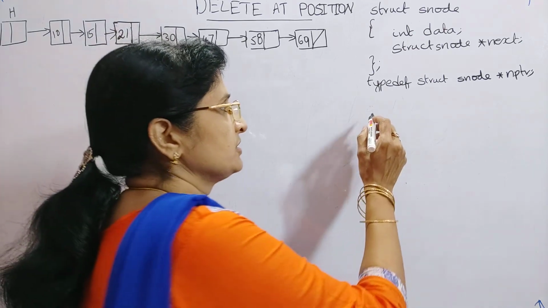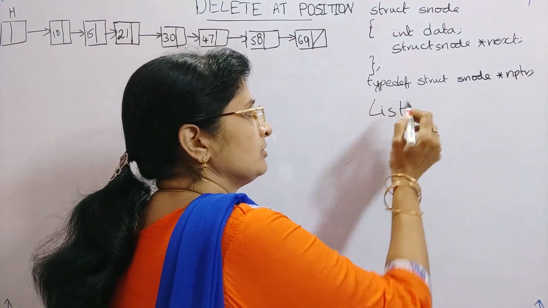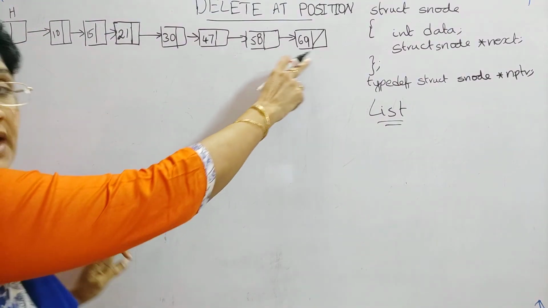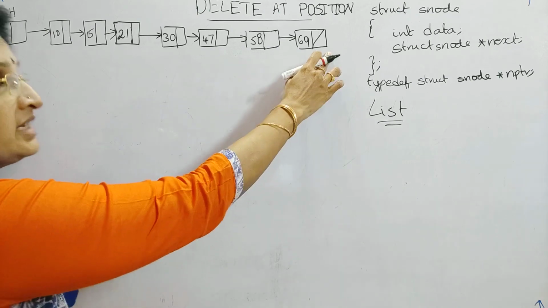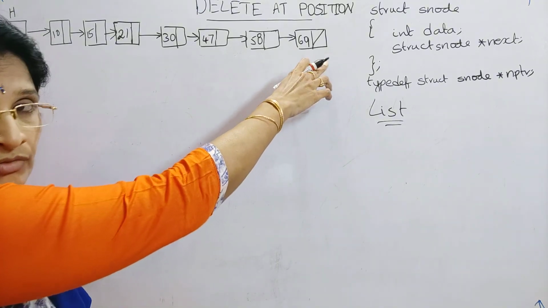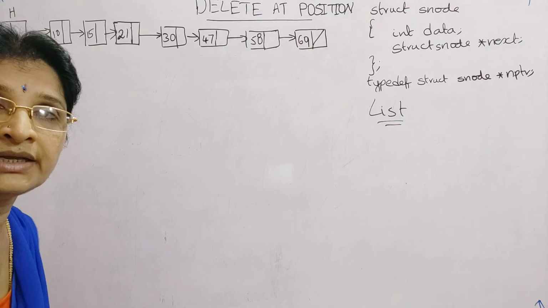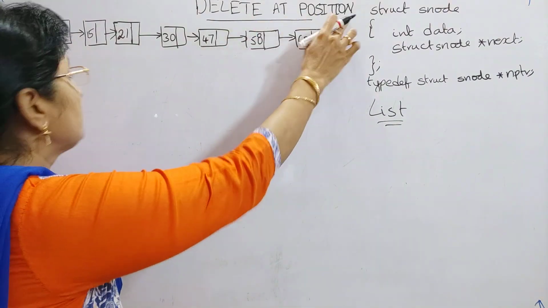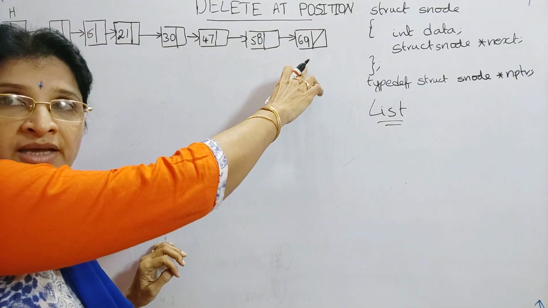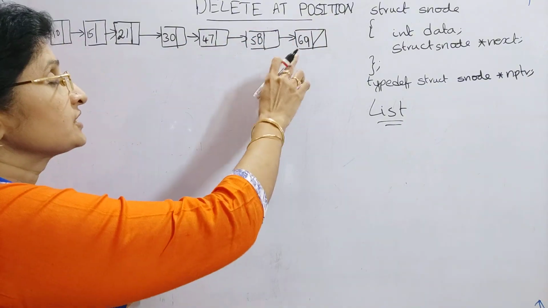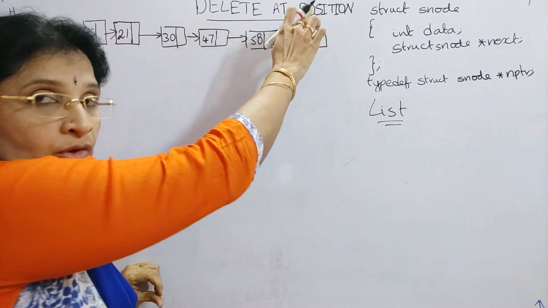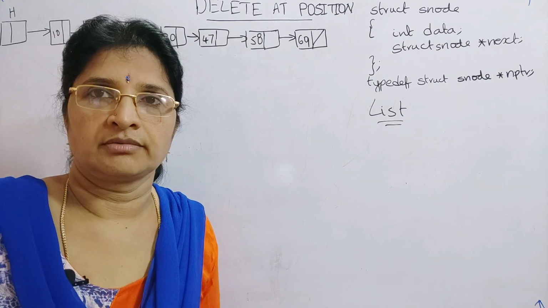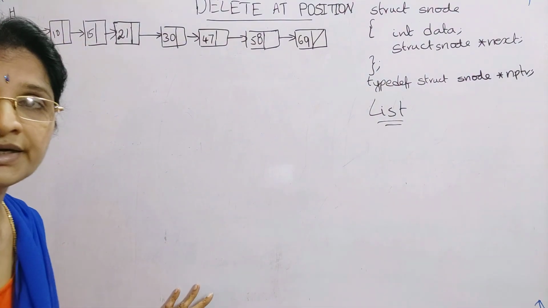So we have the list here. Okay, so that list I am giving as a list here. This is now my singly linked list that is there for me in order to perform my delete operation. So now I am going to perform this delete operation at some particular position. I am going to delete a node at some particular position, and the position is specified by the user. So now we will start how we can delete the node.